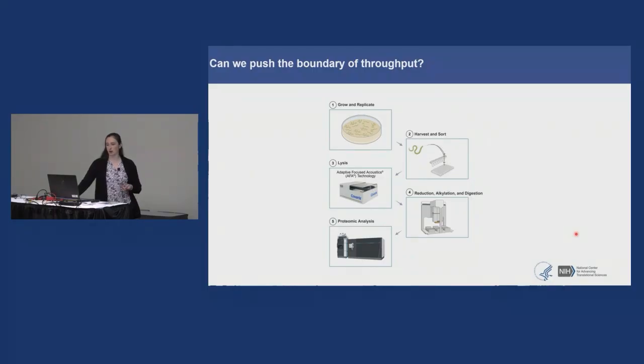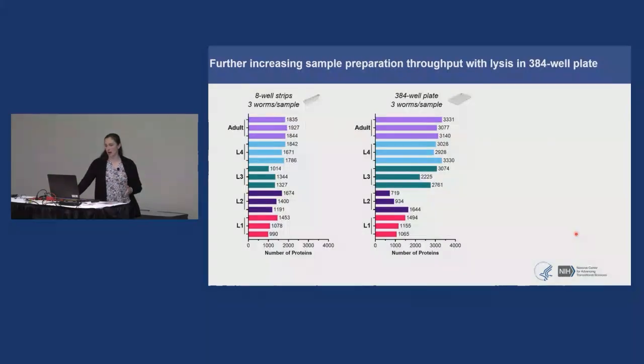So we harvested our worms directly in a 384-well plate, lysed them in the R230 instrument such that we could take that plate and put it directly on our Bravo platform without having to do an additional manual transfer step. And with that, we were really excited because we saw an overall 1.5-fold increase in protein identification across all life